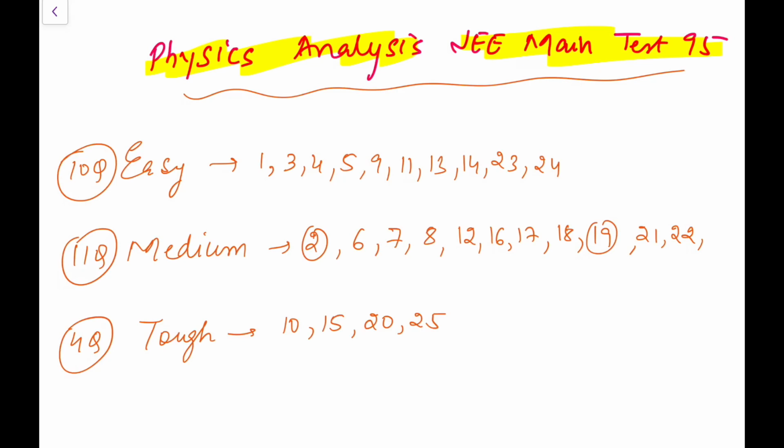For me, 4 questions were tough, but one is a replica of a JEE Main question, so if you are very familiar, it's not tough. Question 20 I have rated tough because of the formula that is used. I don't know how many of you know it, because frankly I don't even teach it to my students. In question number 2, I don't agree with the answer. In question number 19, I can't make out why to reject the other options. So this is my analysis.